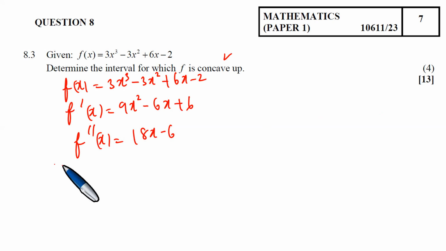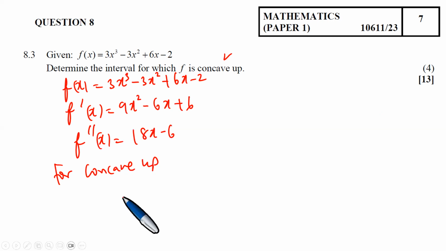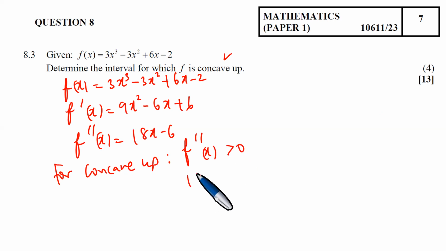Right, so for concave up, what do we mean by concave up? By concave up, we actually mean that the second derivative itself is greater than 0. We mean that the second derivative is bigger than 0, which means that 18x minus 6 is bigger than 0,